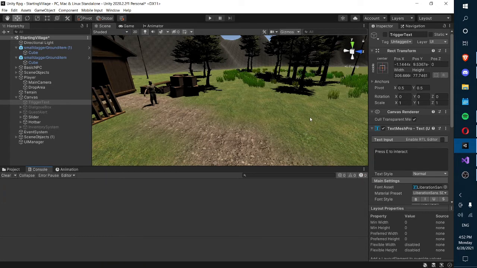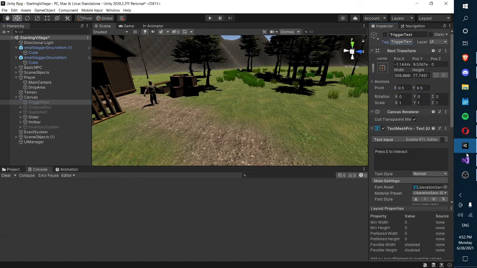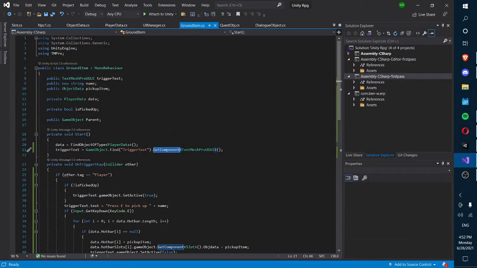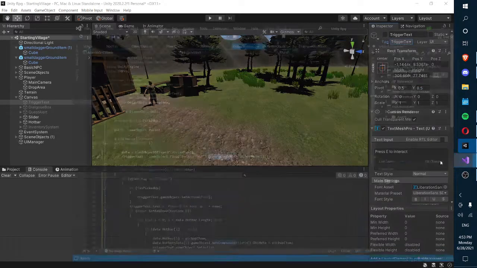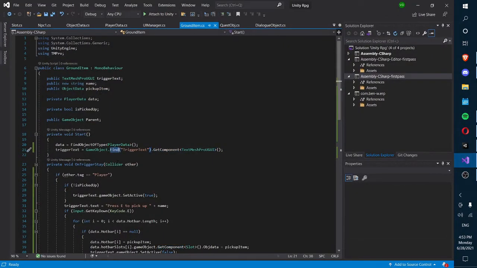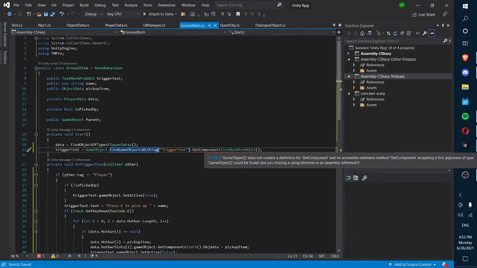Okay. I couldn't find out the problem. We're just gonna create a new tag called trigger text. Trigger text. And then what we're gonna do is we're gonna set trigger text to be part of that tag, and then we're gonna go in this. And once you have set trigger text to be the tag trigger text after you've created it, basically what you want to do is you want to say game object.find game objects with tag, sorry, and then